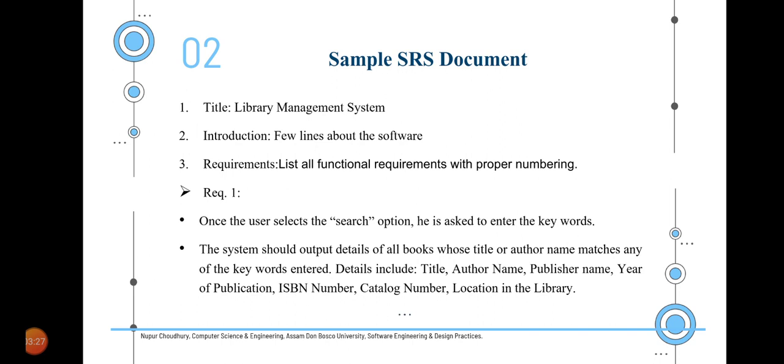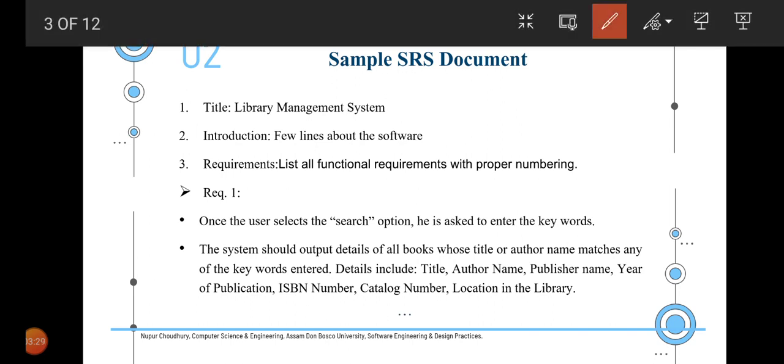Now let's take an example of an SRS document. The SRS document first has to begin with the title, because without a title we cannot identify the name of the project or what project we are doing. So as point number 1 is mentioned, the title is there, which is basically a library management system.